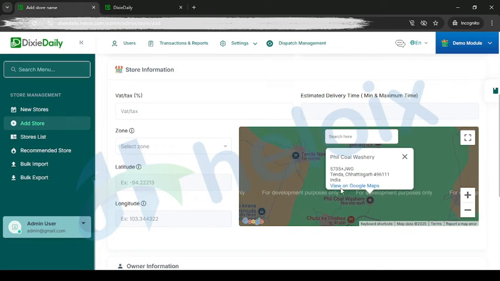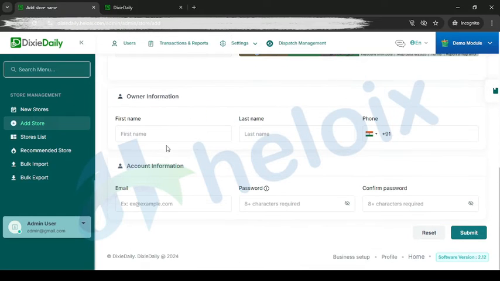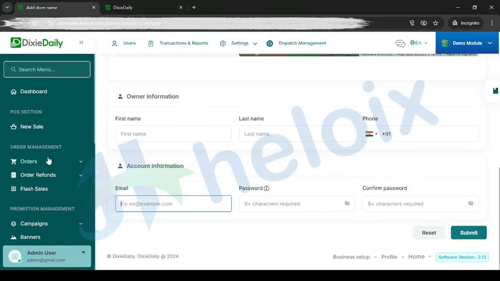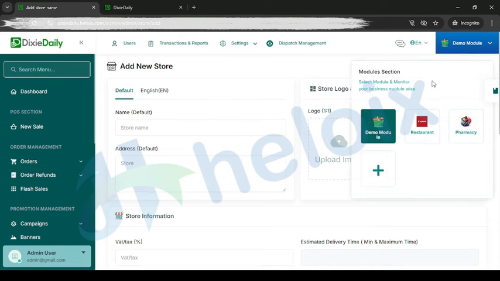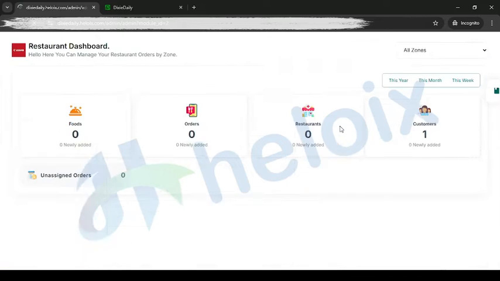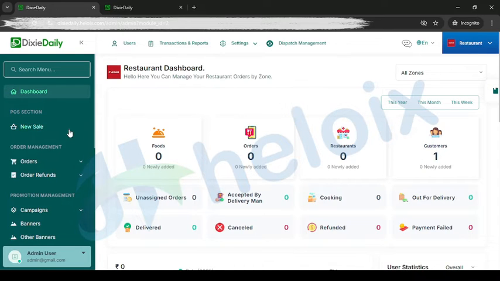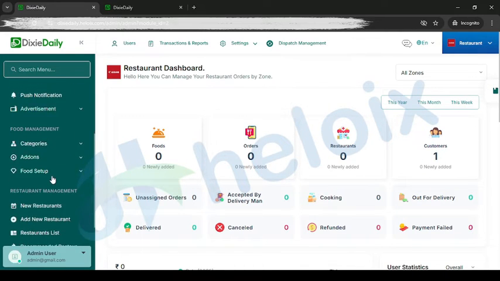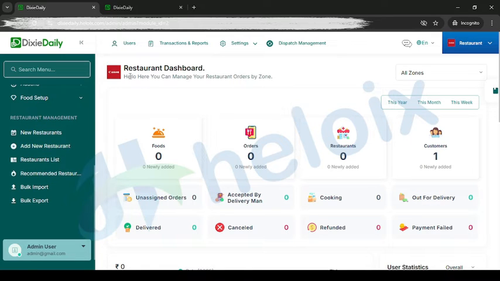Okay, here you can select zones, in which zone we are working. In those zones you can work. Tags are there, owner details, so here you can assign any ID and password to them. With that they can manage here, like store list, recommended store. Here you can check easily, or bulk import export. There you can change to any restaurant, and many things are the same, like sales, order, campaign, and all. Okay, here you can check we are working with restaurants, so restaurants will come here.